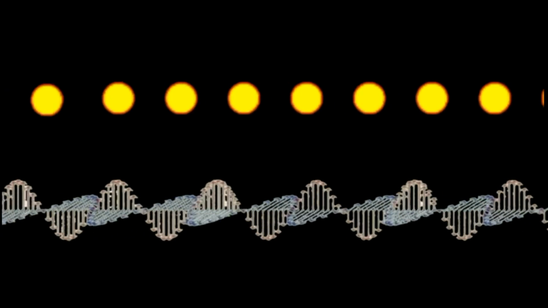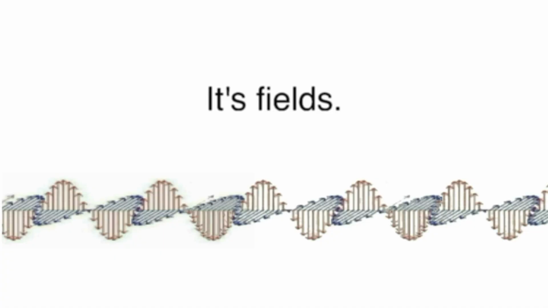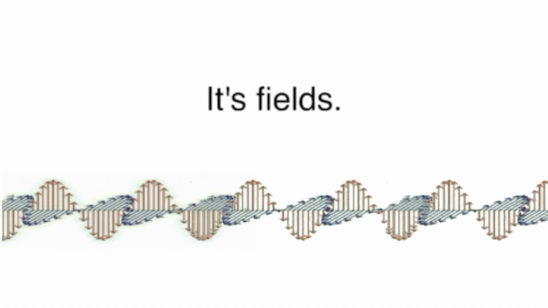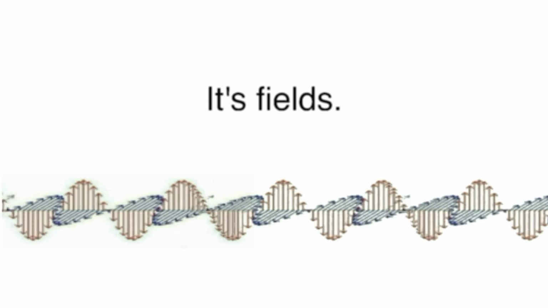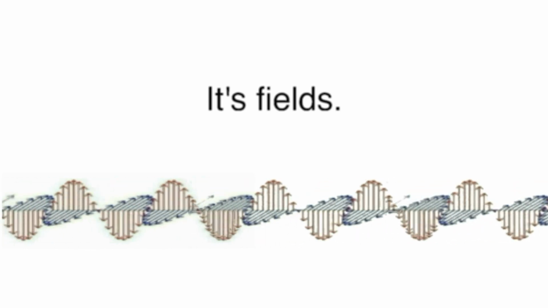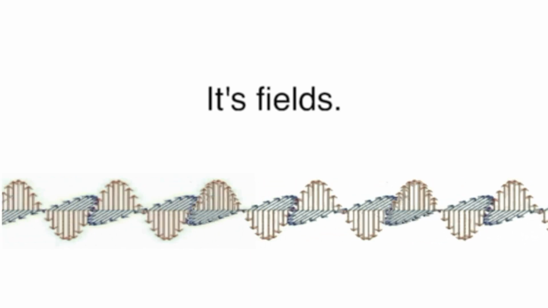Is light, for example, a particle or a wave? A wave is sort of a vibration in a field. So what's the answer to this? This is the answer. It's fields. It's not a mystery. They always tell you that question. They never tell you the answer. You need to stop thinking of the world in terms of particles. You need to start thinking of it in terms of fields. There are particles in the world. No, there aren't. That's the secret that we physicists have never told you, but here I am, I'm going to